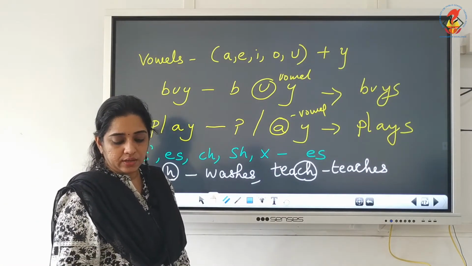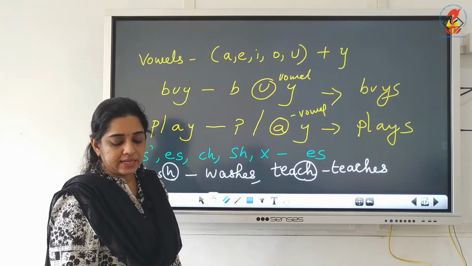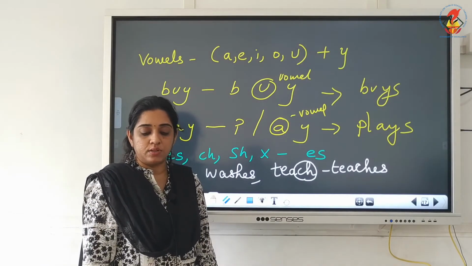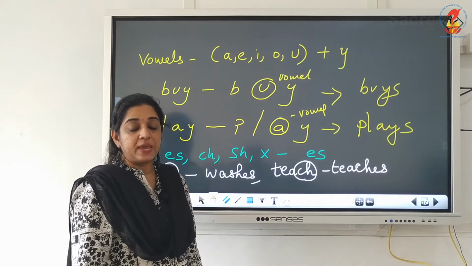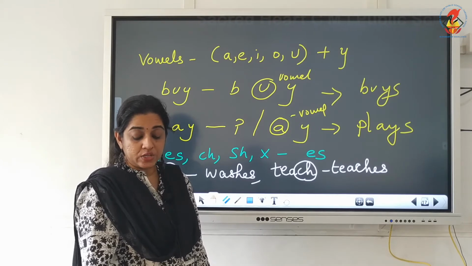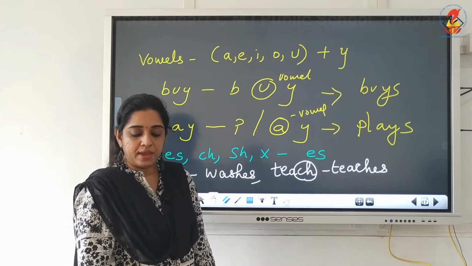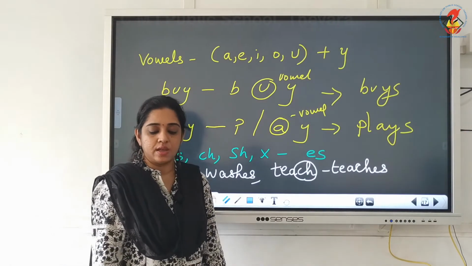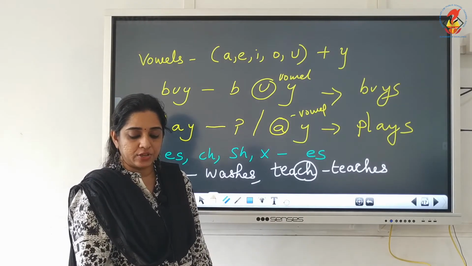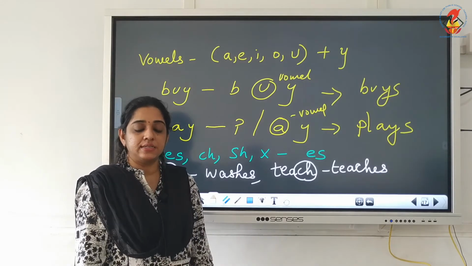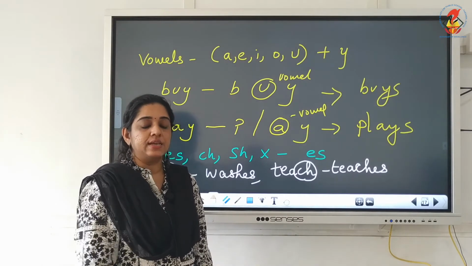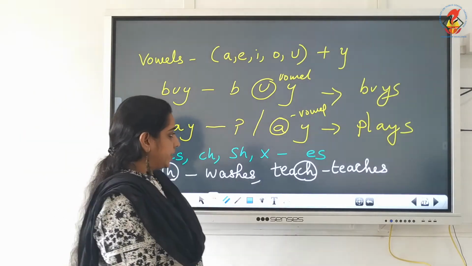Then in the textbook the other rules are given, like verbs ending in s, ch, sh or x, we add es at the end. See, pass, what is the last letter? S, is it? If the word ends with s, you have to add es and make it passes. Wash, see the word is ending with the letters sh. So you can add es at the end and make it washes. Teach, teaches. Flex, flexes. Es can be added at the end. Okay, now